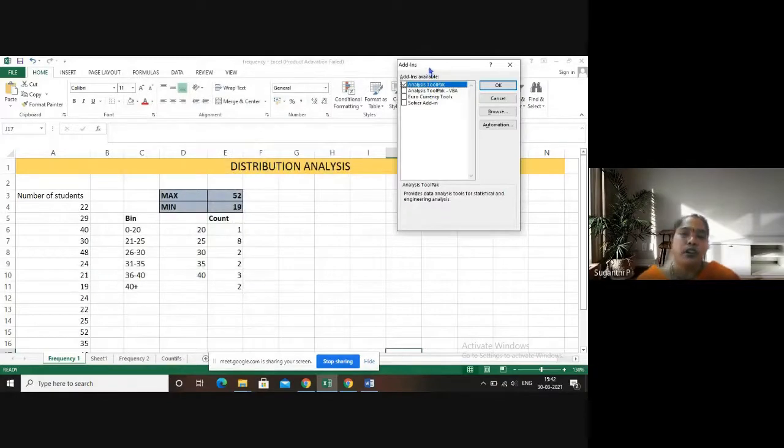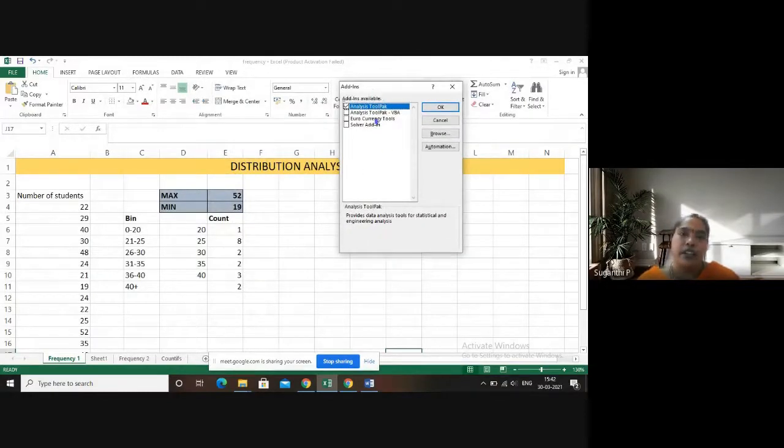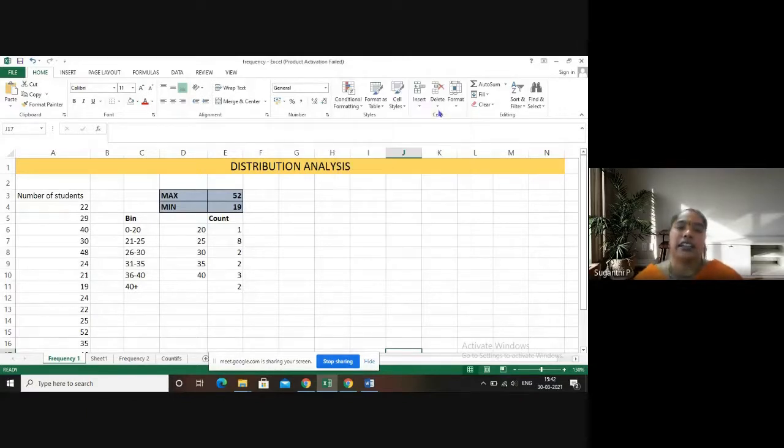Then a new window like this will open. It is called Add-ins. In this analysis, we are going to enable Analysis ToolPak. Since I have enabled it already, you can see the checkbox here with a tick mark. But if it is not enabled, then it will be a blank checkbox. You have to tick it, which means you have to enable it, then click OK.